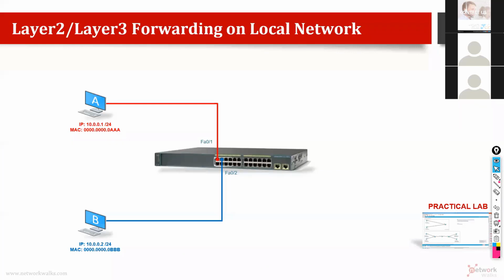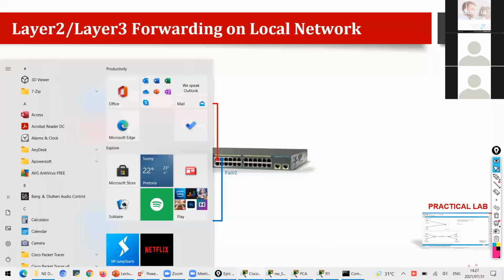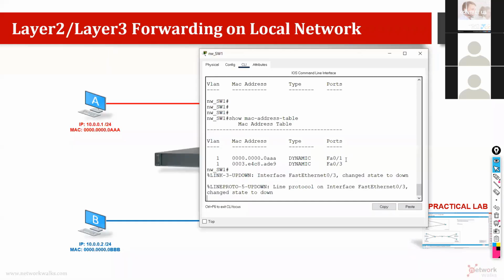Fabian says, how do we distinguish these two MAC addresses, computer and switch port MAC, if we have both in the table? I think this is your question, which one is which one. So you can see from here, FA0/1 is this one. 00A is connected on the switch port FA0/1. So you can find like this. Yes, Tommy has already answered.